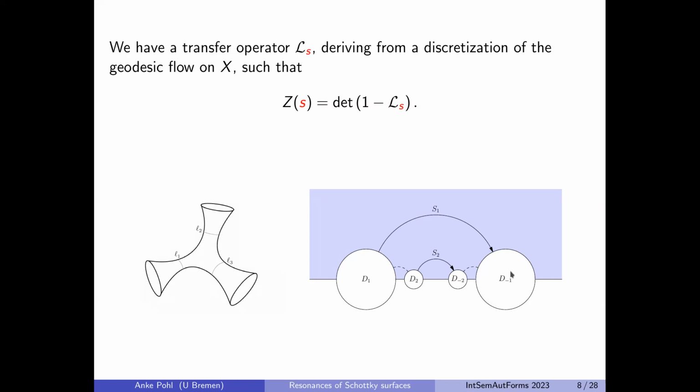What these transfer operators do is they ask for exactly these sequences and translate it, or get it translated, from a discrete dynamical system on R. So instead of saying you with your geodesic entered the ball D minus one, you can also say your geodesic is ending at the real part of the ball D minus one.